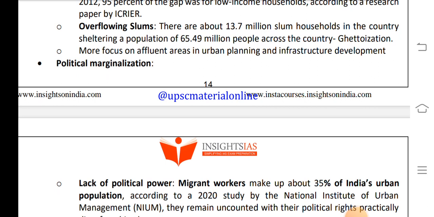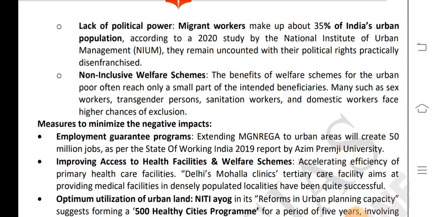Governments are more focused on affluent areas in urban planning and